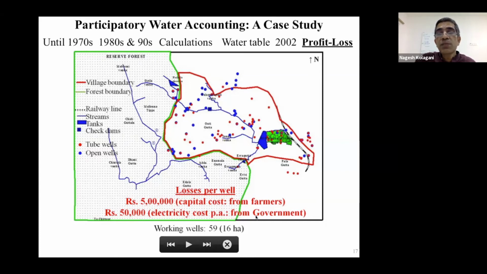And the electricity cost is paid by the government, free electricity for political reasons. So it's a recurring cost, whereas it was free before in the 70s, drawing that water using bullocks. Free, in a bullock sense. Now it is a costly, recurring cost that the government loses. Actually, if the farmer had to pay this price, he wouldn't farm. There was a proposal to give free coupons so that instead of consuming electricity, they could sell the coupons, and that way at least the resource wouldn't be wasted. But there were political reasons why that got scuttled, because then they can't fudge the accounts, because all the electricity stolen used to be billed to the farmers.